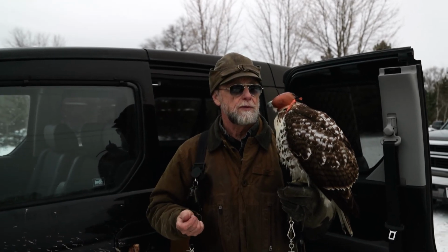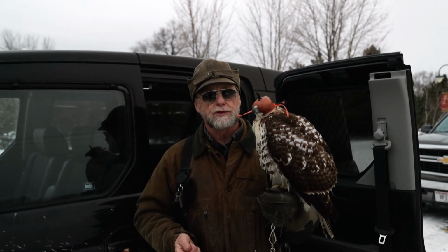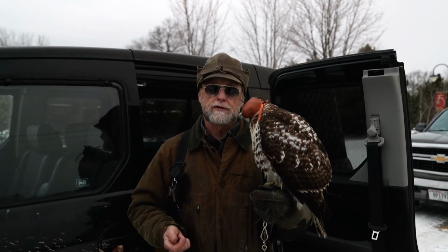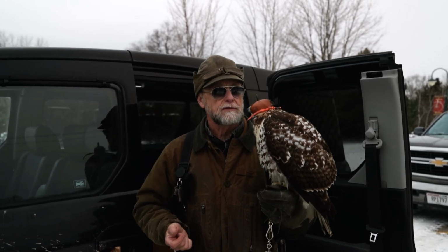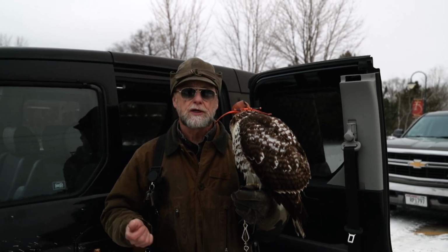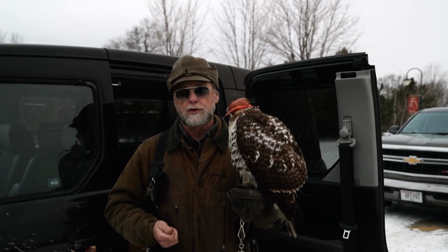And the bells at the time, there was only one other bell maker in the United States making bells. And they were kind of expensive. And so I was a machinist for many years. My brother John talked me into making some. And once I figured out the technique and started to produce a few,